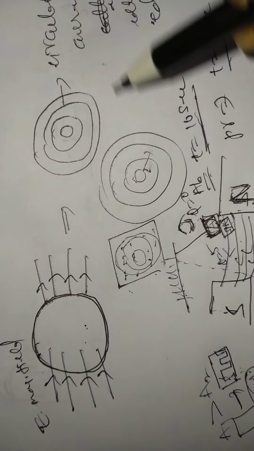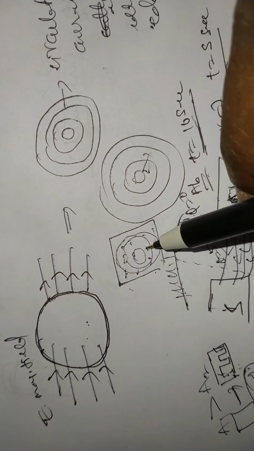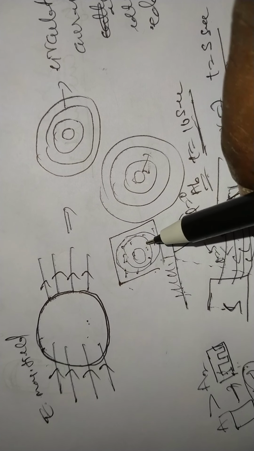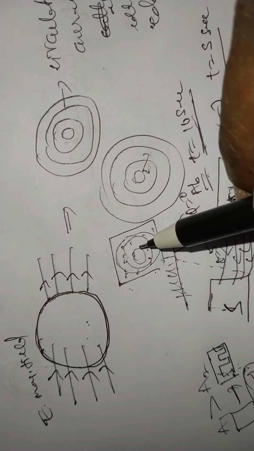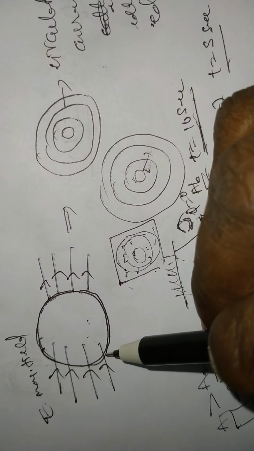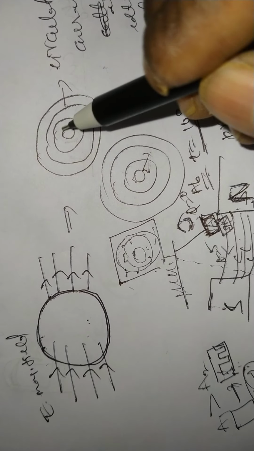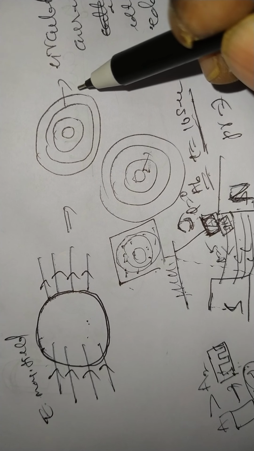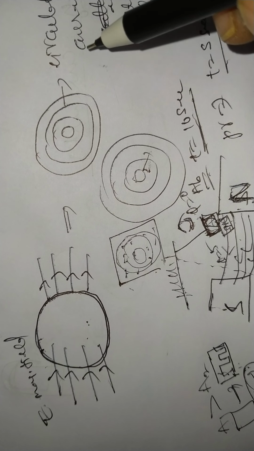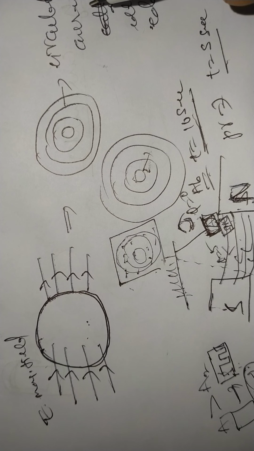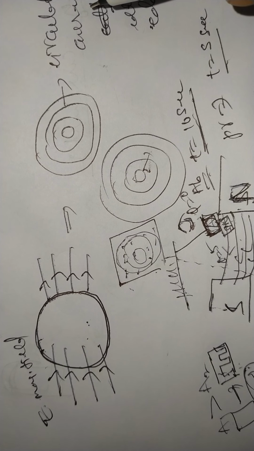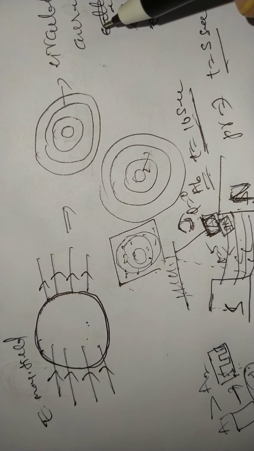Without the presence of a magnetic field, the electrons can be like this. In the presence of an external magnetic field, the electrons rotate or circulate. It gives the current. This type of current is called eddy current. Circulating current is called eddy current.